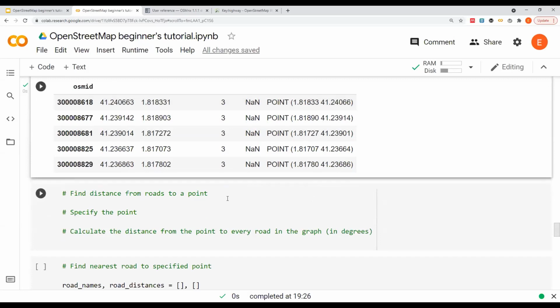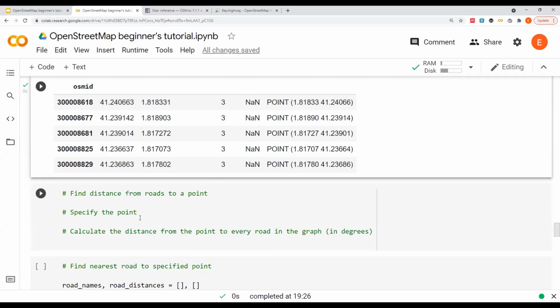So we can find the distance from any point that you have in mind to a road. If, for example, someone is stranded or there's some kind of damage from an earthquake, and you want to know, is it easily accessible by a road or is it really far away and an emergency vehicle wouldn't be able to get there, something like that. So the way we can do this is